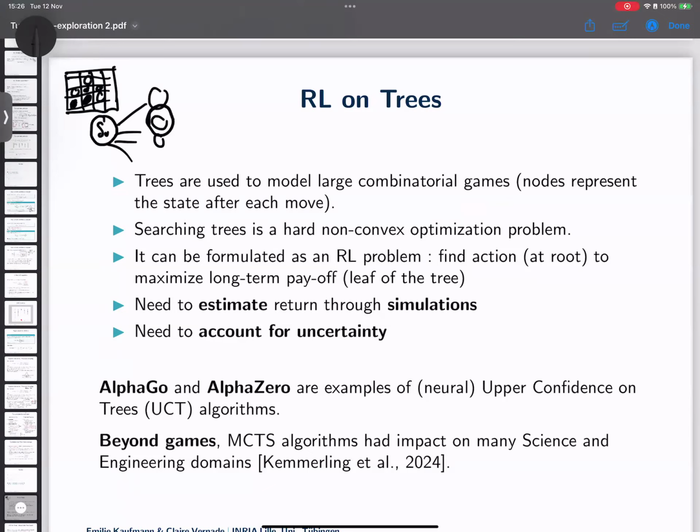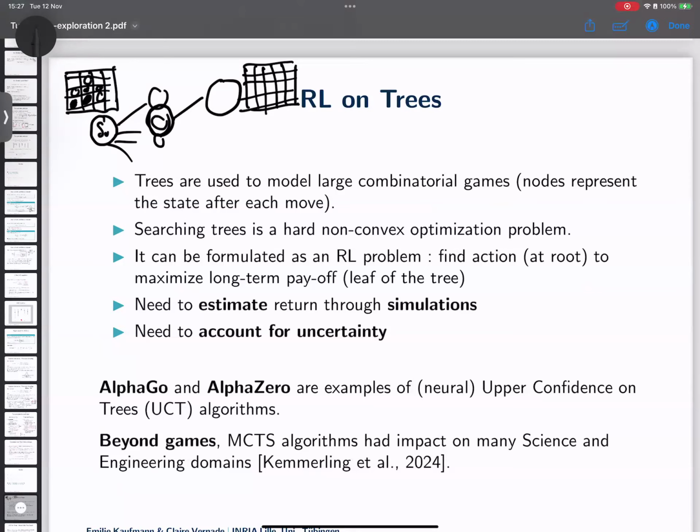So let's say I move into this state here, which represents this new board. And then there's an adversary who is trying to play against me, that's going to play as well. And I'm going to end up in the next state where I'm going to see a new board of Go like this with exactly the same thing. I'm not going to copy it, but you understand what I'm saying.